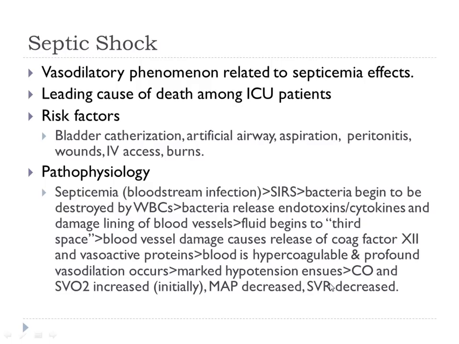Septic shock is very similar to hypovolemic shock. It's caused by a different reason, but let's talk about it. So this patient has sepsis, which means what? Infection in the bloodstream, right? This patient has a bloodstream infection, and the shock happens because of the effects of that. This is a big problem in patients who are in the ICU getting septic shock. Look at these things: bladder catheters, IV access, airway, artificial airways. These are big risk factors to get a bloodstream infection, which can lead to septic shock.